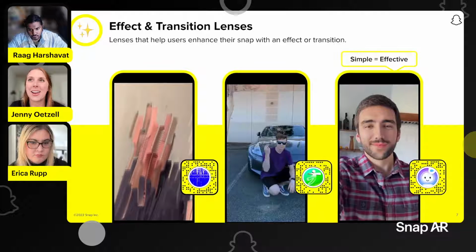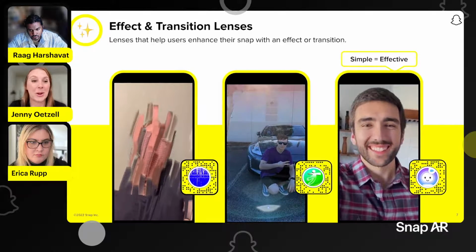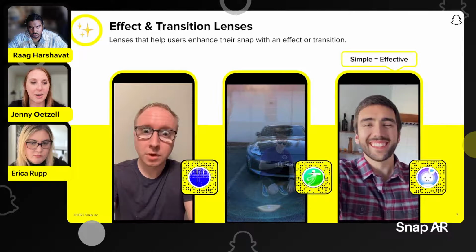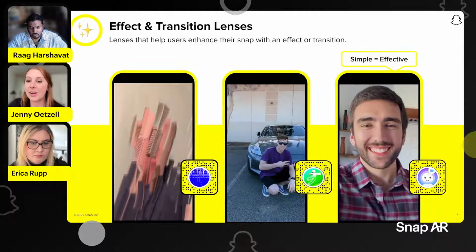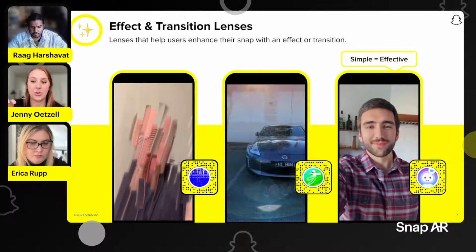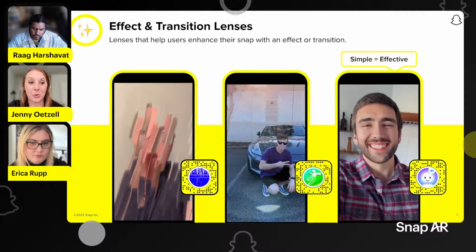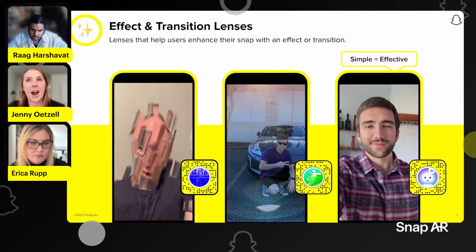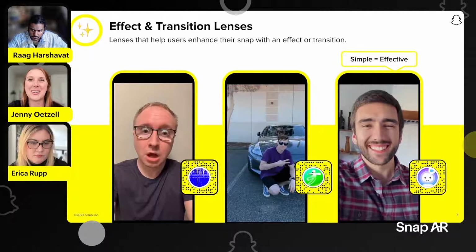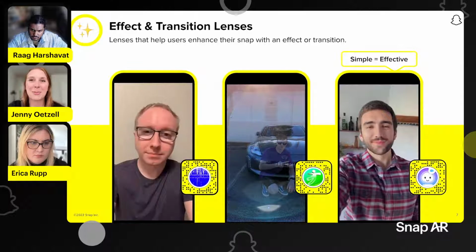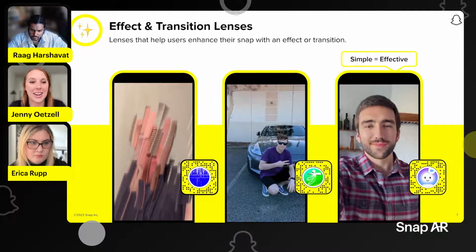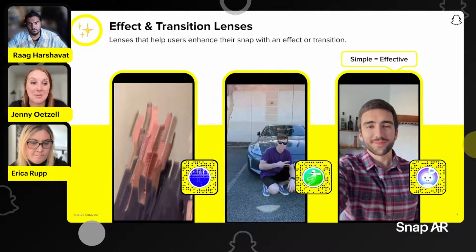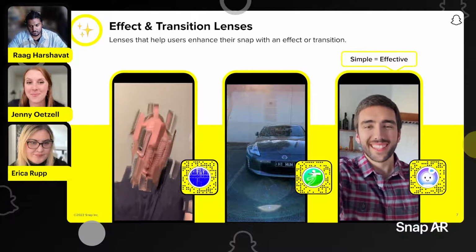And I think that's sometimes a bit of a learning curve for lens creators who are used to working on complex and heavy lenses. But even this last example with the slow zoom is such a powerful tool for storytelling, yet such a simple concept. So I would recommend reassessing the types of lenses that you think of making, because sometimes the easiest concepts can be pretty profound in their own way.